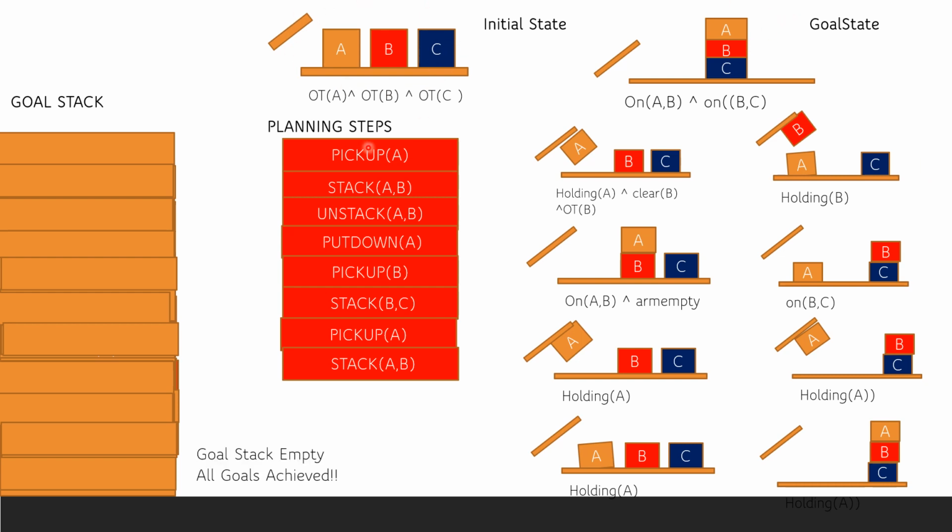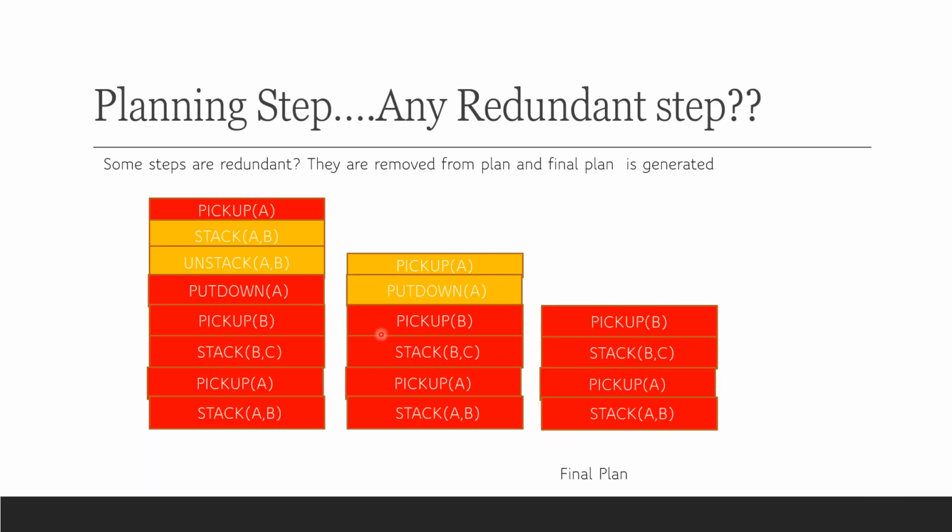So what sequence of actions should the robot arm follow? It will follow the sequence of actions. In the plan which is generated by goal stack planning, if we look into this plan, it is not an optimum one, as certain redundant steps are included. What are those redundant steps? If we look minutely into the plan, there are two consecutive actions which nullify or contradict each other. For example, stack AB and unstack AB, happening one after the other.